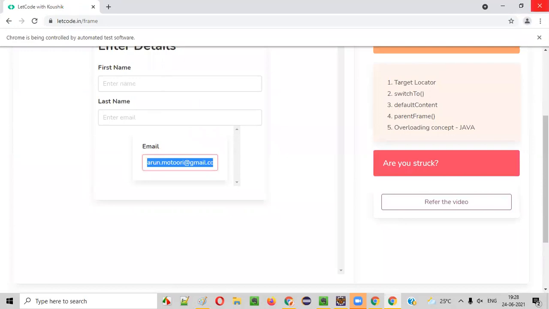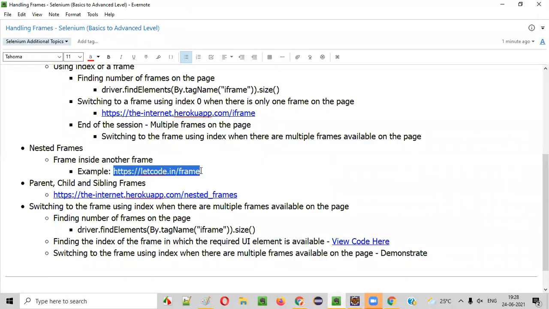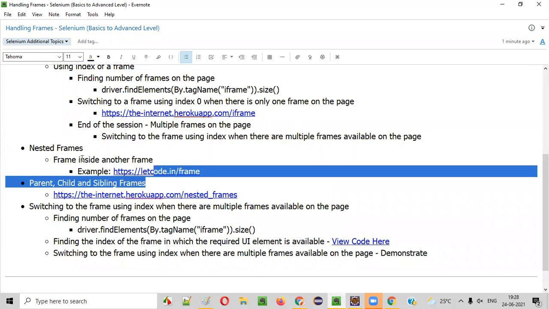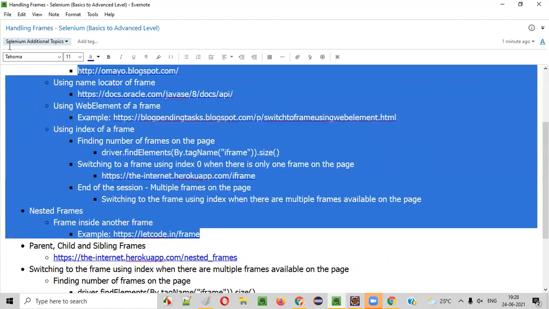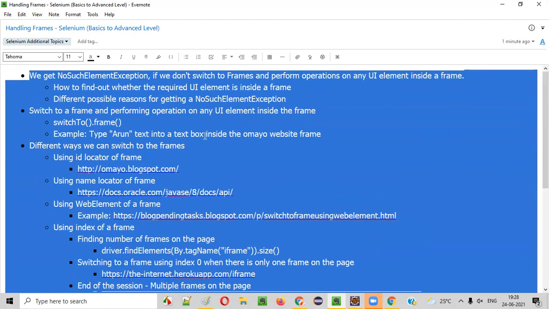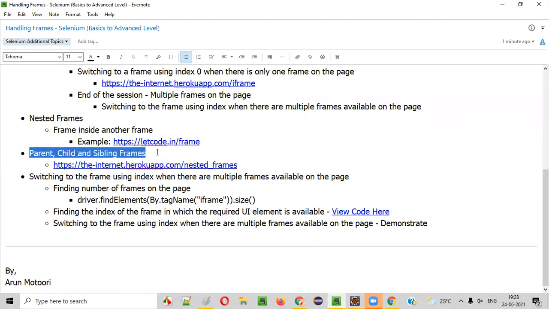This is the example of nested frames, guys. Hope you got some clarity on this. This is what nested frames are. Now the next one, guys. There is still more to frames. I'm going step by step to the advanced levels one by one. I started with the very basics, and now I'm going to the next advanced level. This is a very good example of whatever I'm going to explain and practically demonstrate.